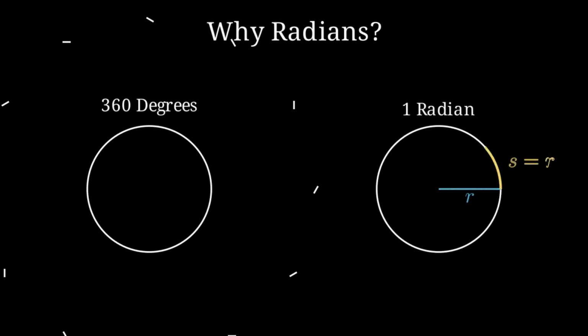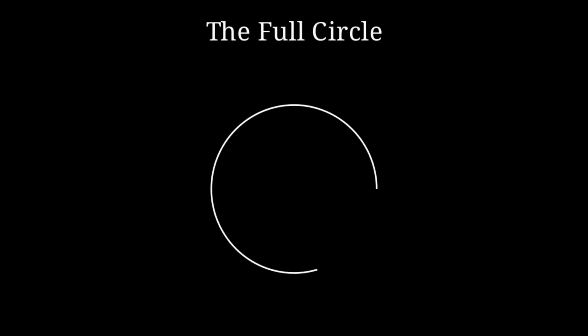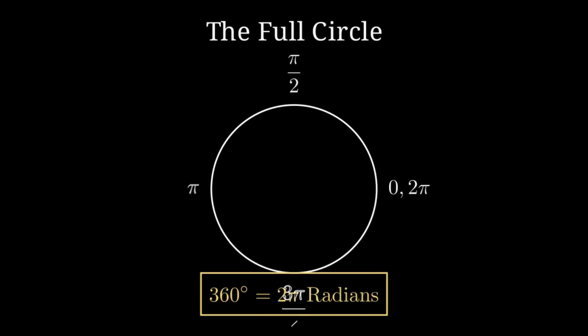A radian is defined by the radius of the circle itself. When the arc length along the edge equals the radius, the angle formed is exactly 1 radian. In a full rotation of 360 degrees, there are exactly 2 pi radians. This relationship allows us to convert any degree measurement into radians by multiplying by pi over 180, setting the stage